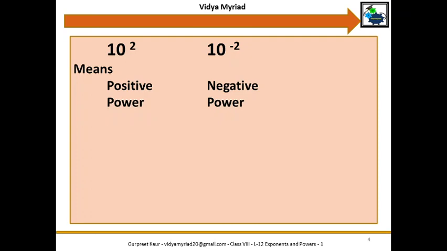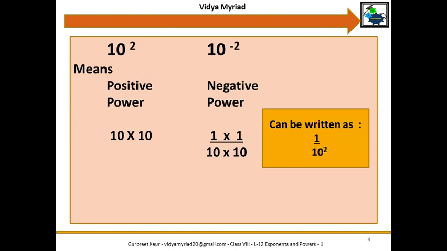And how am I going to solve this? 10 raised to power 2 means I will write 10 multiplied by 10, 2 times the base number. Whenever there is a minus sign, you will write the reciprocal of that number. So 10 will become 1 upon 10. I can write it as 1 upon 10 raised to power 2, which will be simplified into 1 upon 10 multiplied by 1 upon 10. Now when I solve this, one is 100 and the other one is 1 upon 100.